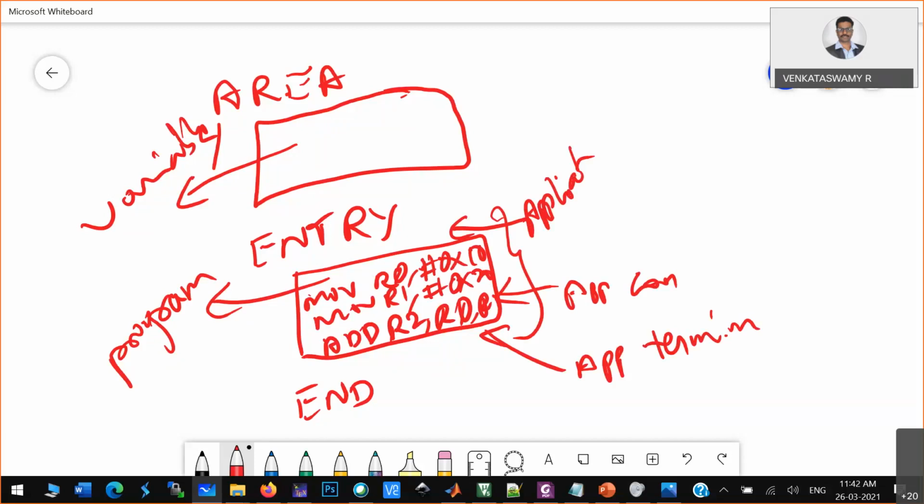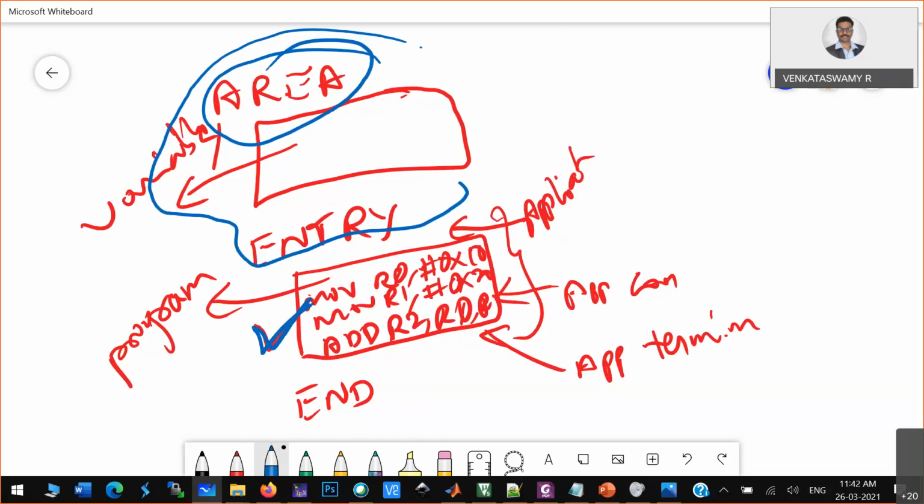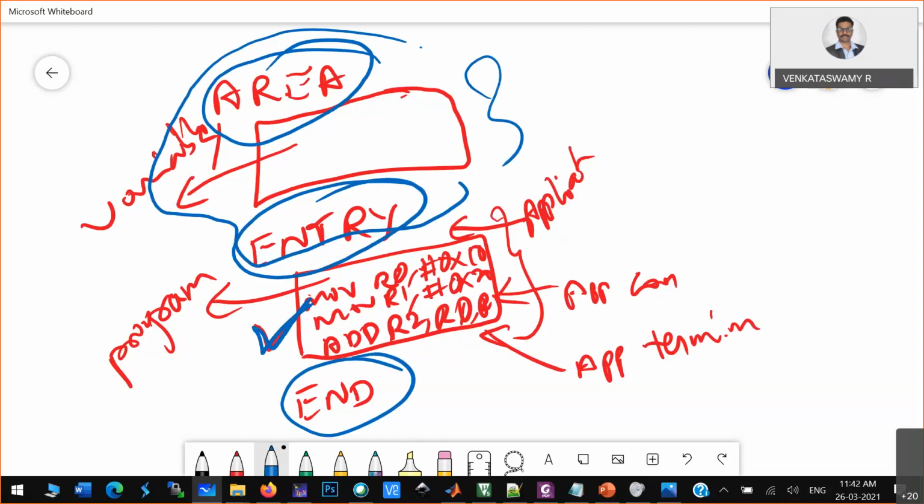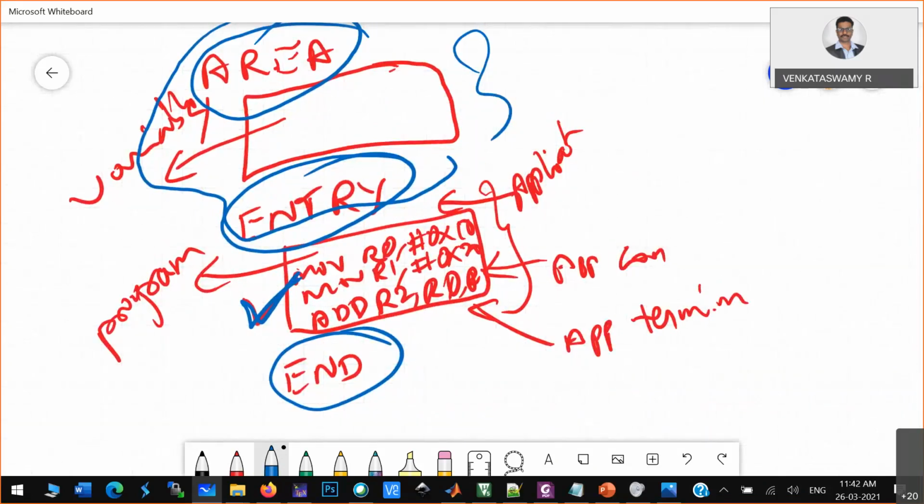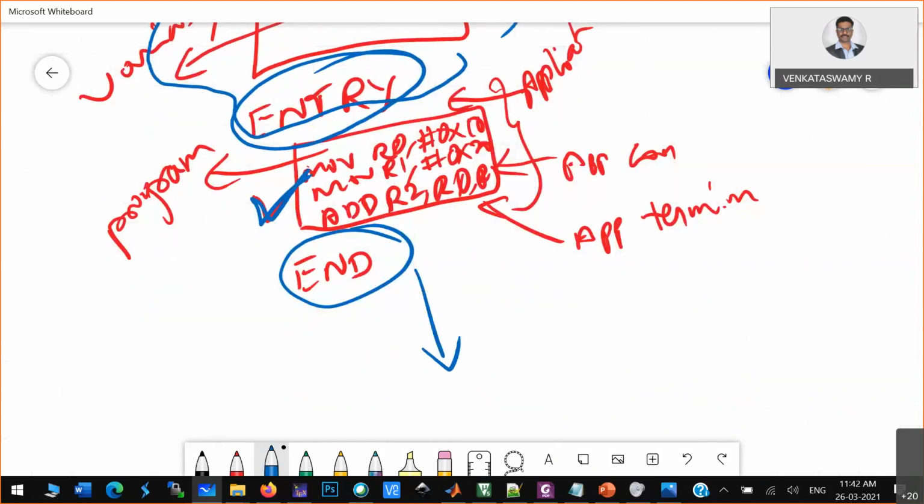You understood, na? Actually, this is the assembly code. All these things are assembler directives: AREA is an assembler directive, ENTRY is an assembler directive, END is an assembler directive. Whatever keywords they are proposing are all assembler directives. They know the structure of where the data is defined and where the program is defined. After taking this program, they convert it to one more intermediate assembly program, and then they convert it to the binary code.